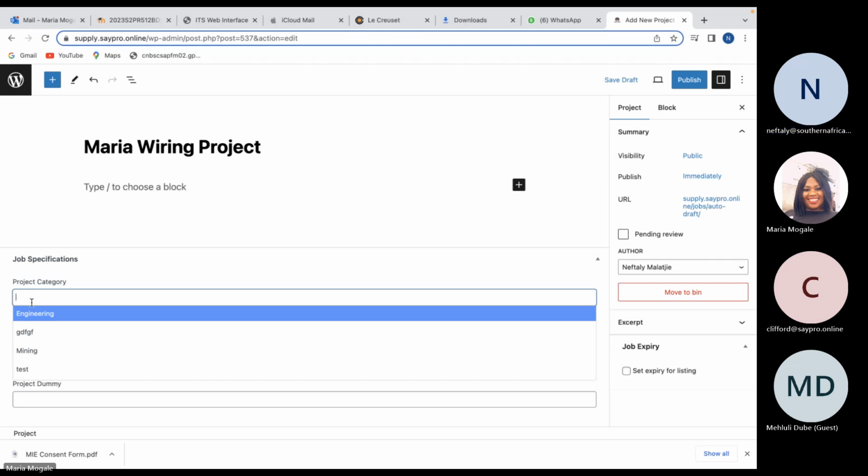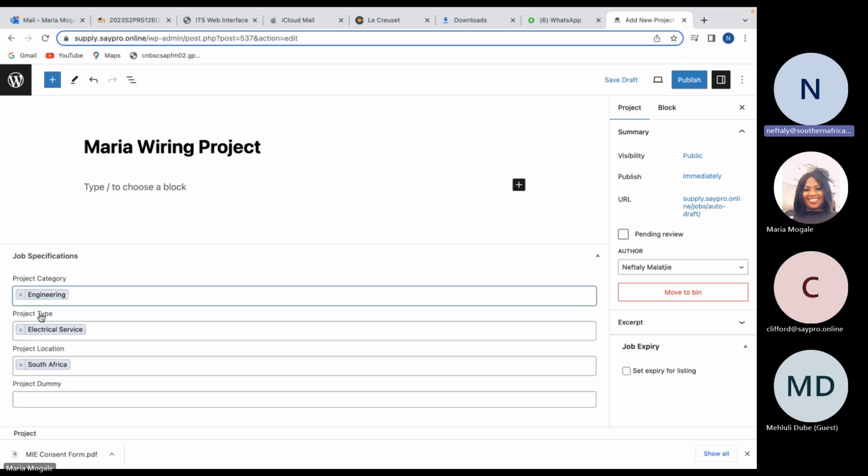Okay, so on project description, are those fine, or will we add as time goes by? I was saying, on the project category, is that fine?